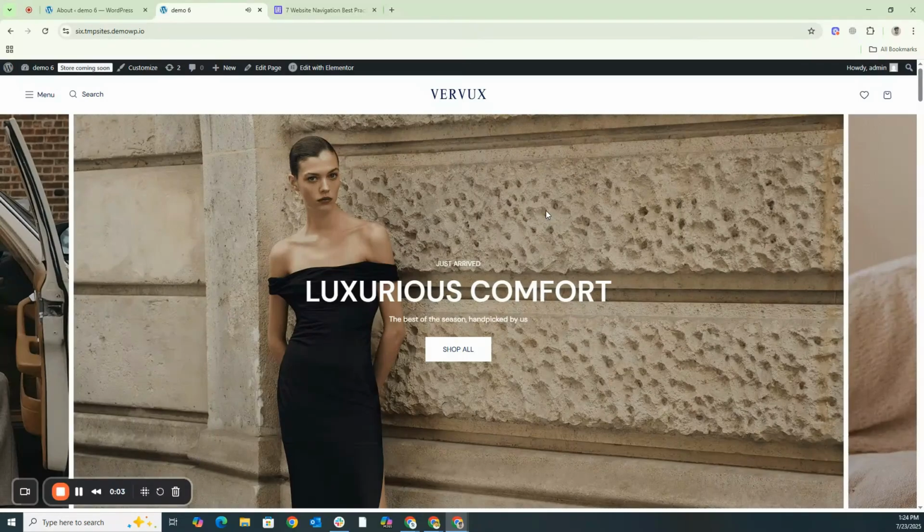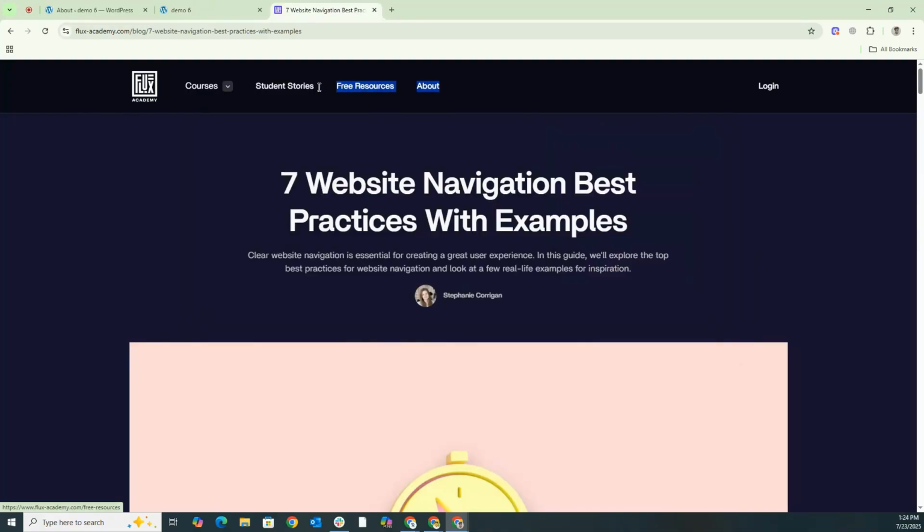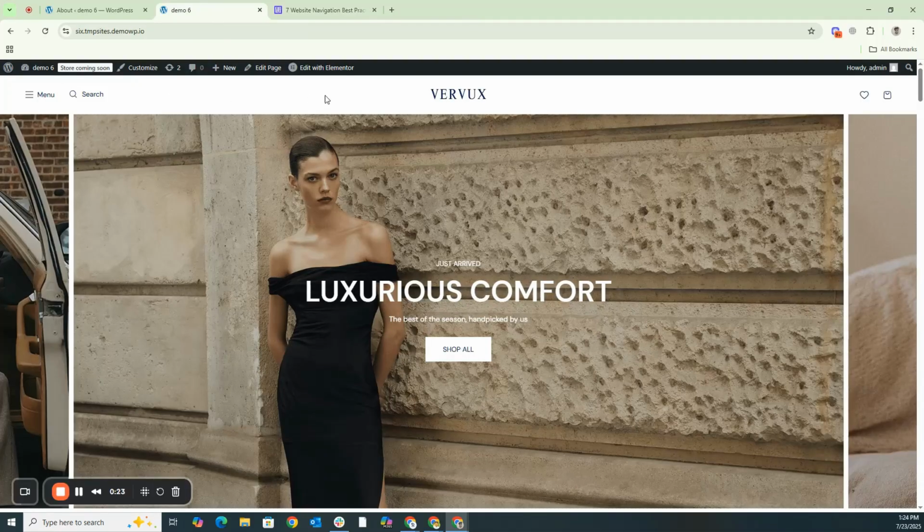Hello viewers, in today's video we will talk about what a navigation menu is and how we can add it to our website store. The navigation menu is usually placed in the header. If you look at a website, what you are seeing here is basically our navigation menu. If we want to add a similar menu to the header of our store, today we will learn how to